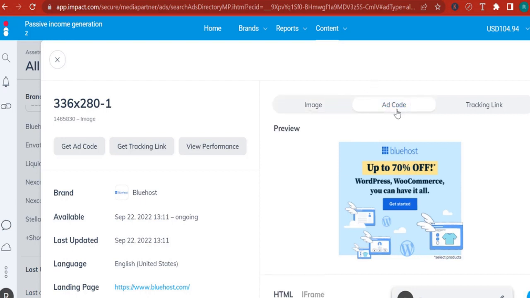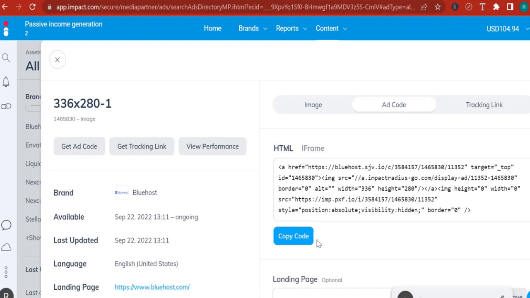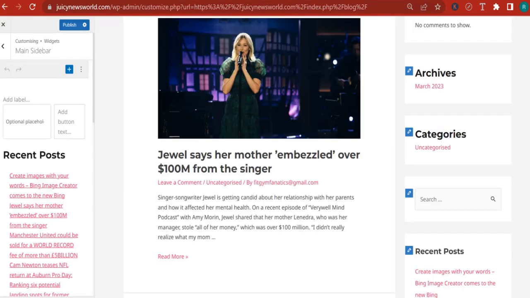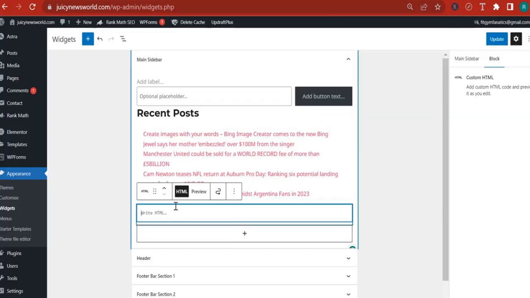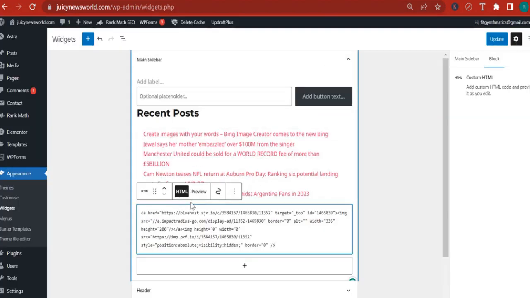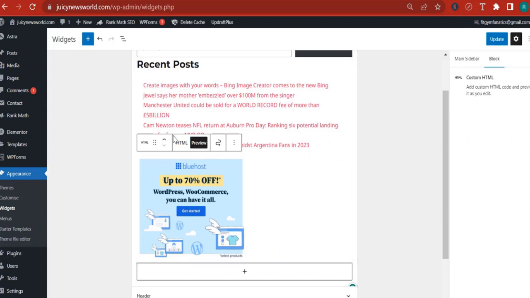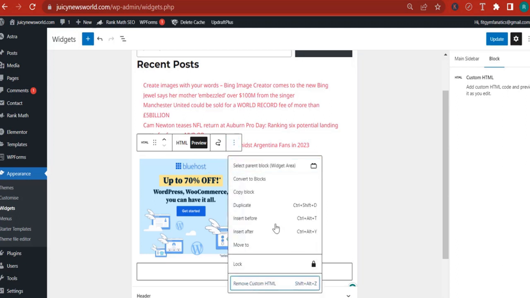Now, if I click on add code, I can scroll down over here, copy the code, come back here to customize, not the blog, but here, and paste my HTML. Nothing happens here, but if you click on preview, notice that the ad was pasted. The problem with HTML codes is that you can't center this and you can't resize it. So I'm going to delete this,